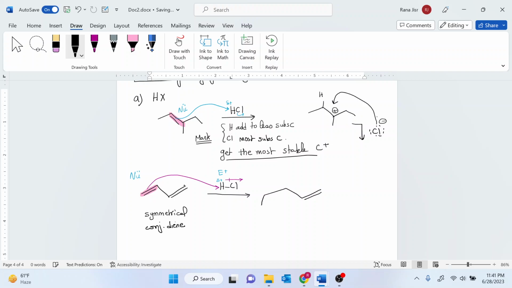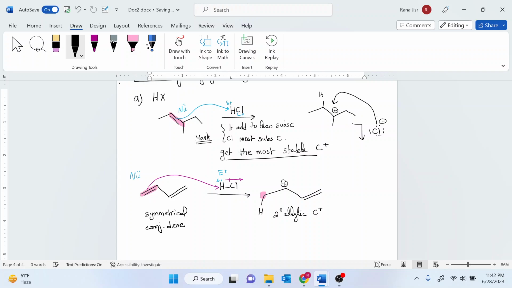I don't want my plus charge to be on this carbon. This is why: if it is on this carbon and I added the hydrogen here, the plus charge will be far away from the double bond and will not be allylic. And my target is to get an allylic carbocation. This is my target in there. So what I formed over here is a secondary allylic